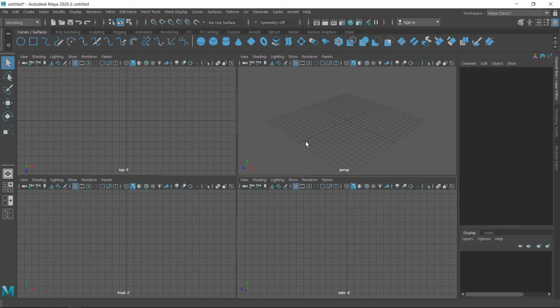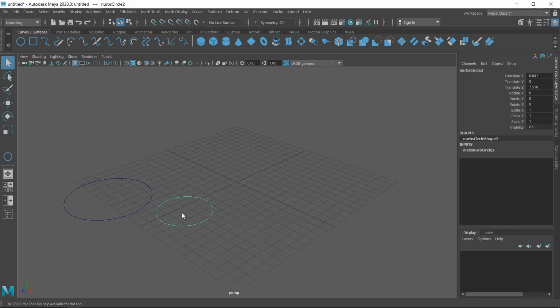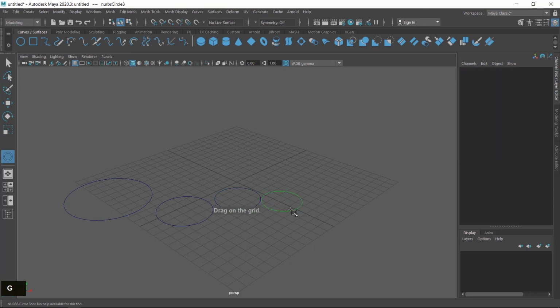Next tip is for hiding selected or unselected objects. First I draw some shapes. I draw one circle and a second circle. If I want to draw a circle shape again and again, every time I have to choose the circle tool, but there is a shortcut to activate the last tool. By pressing G, you can activate the last tool and you can draw a circle. I press the G key again and the circle tool is active and you can draw. Now this time I choose rectangle and create a rectangle. Then press the G key, so the rectangle tool is active again and you can draw a rectangle.